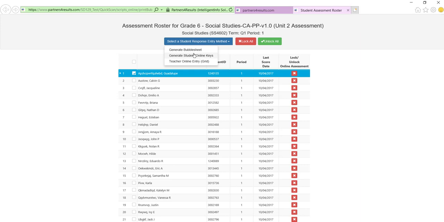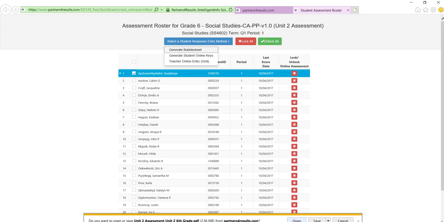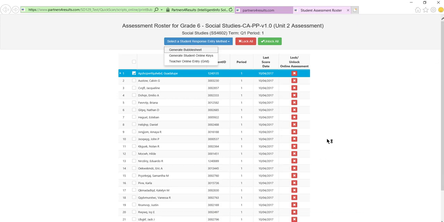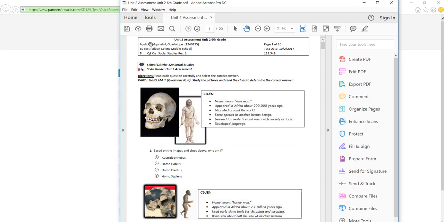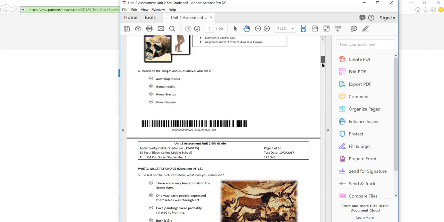If I choose bubble sheet, click that, and that will open up the student response. So it puts the student name up here again. We have the teacher and the term and the course. So basically I just need to print these out,